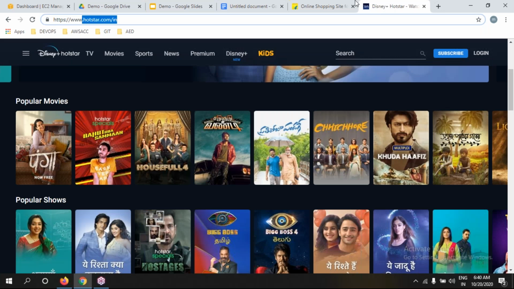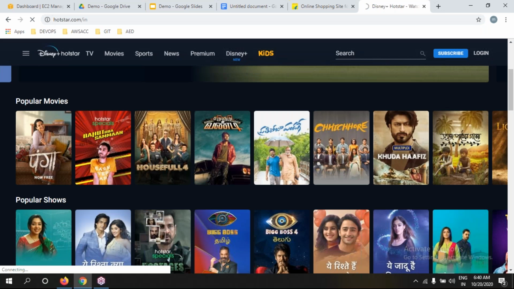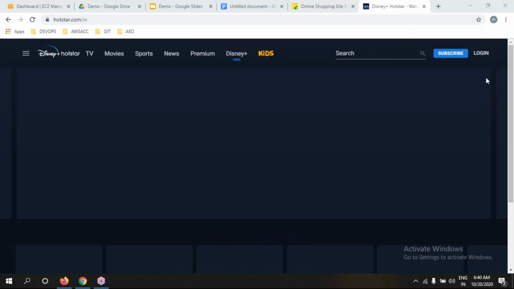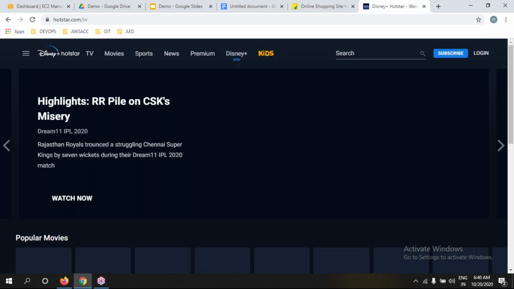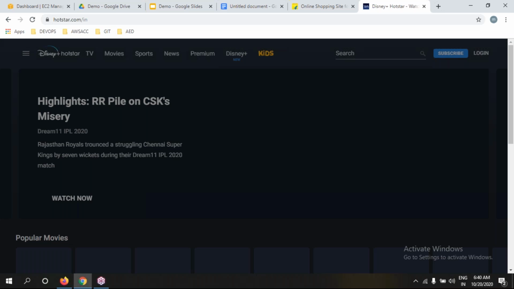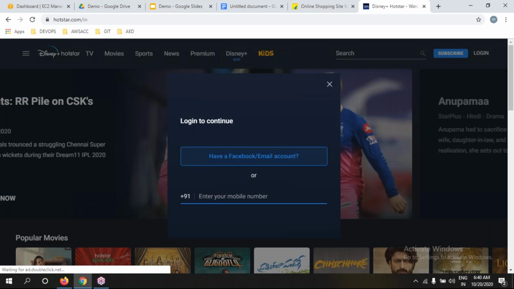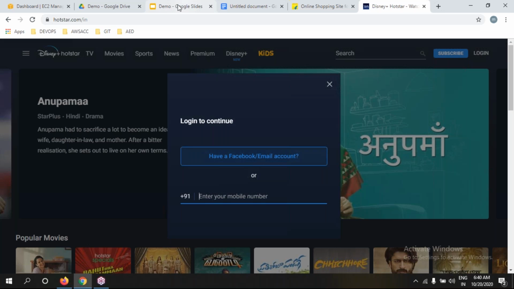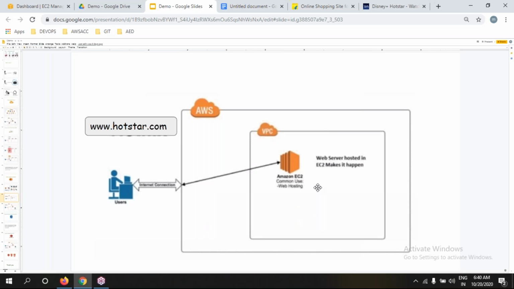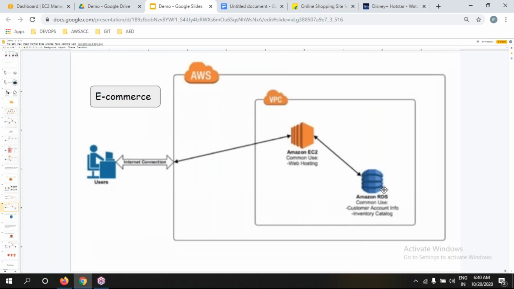Good, very good. But Hotstar has some customer information: login, registration information, email address, phone number, username, password, address, subscription information. This entire customer information is going to be stored under RDS, Relational Database Services.